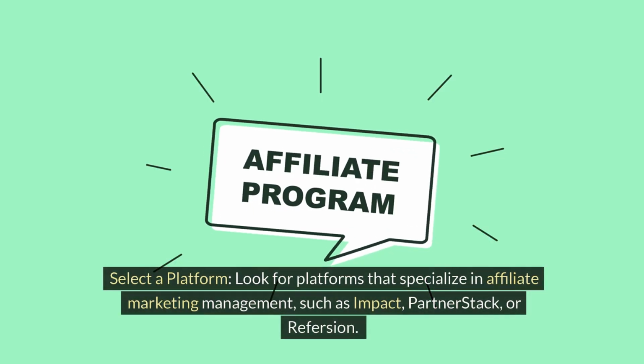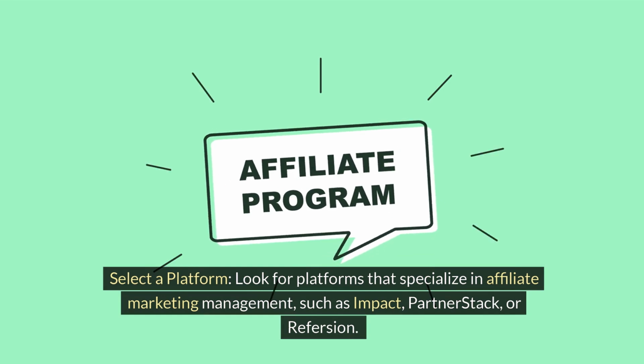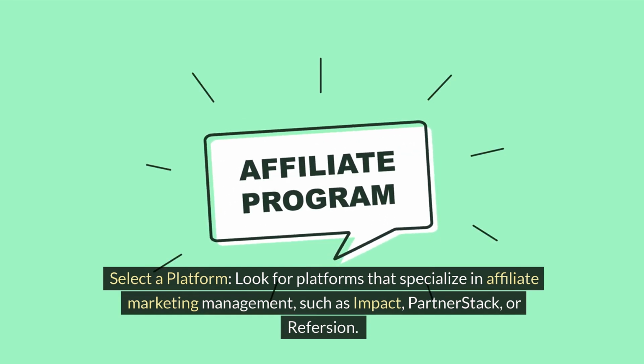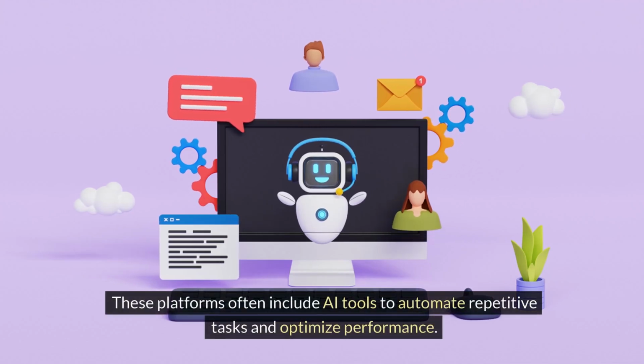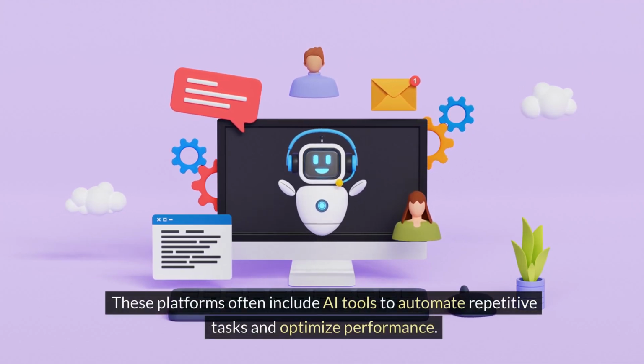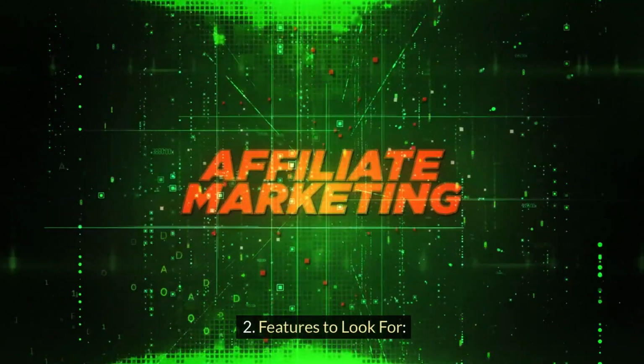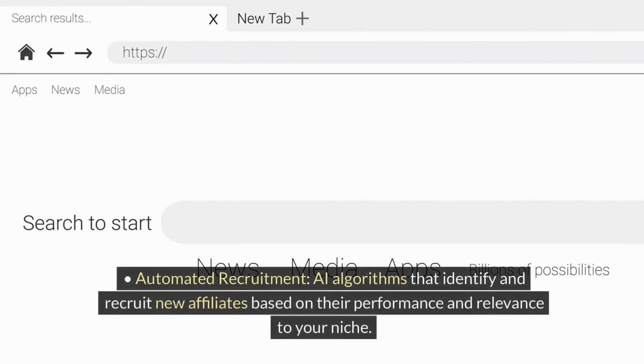Select a platform. Look for platforms that specialize in affiliate marketing management, such as Impact, PartnerStack, or Refersion. These platforms often include AI tools to automate repetitive tasks and optimize performance. Features to look for. Automated recruitment: AI algorithms that identify and recruit new affiliates based on their performance and relevance